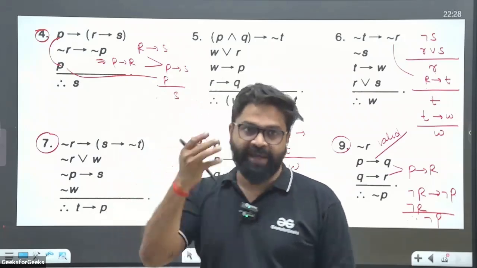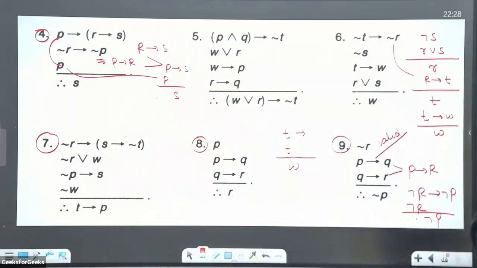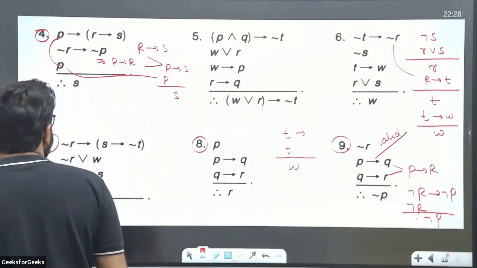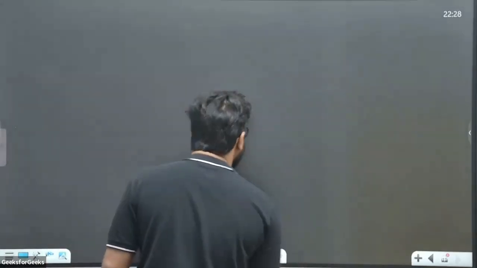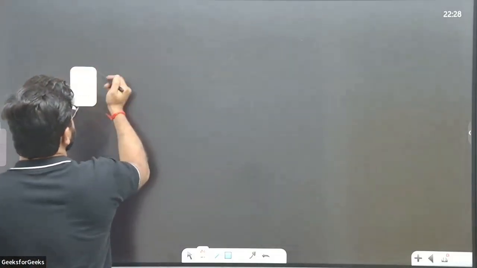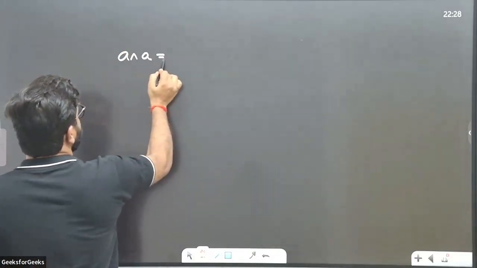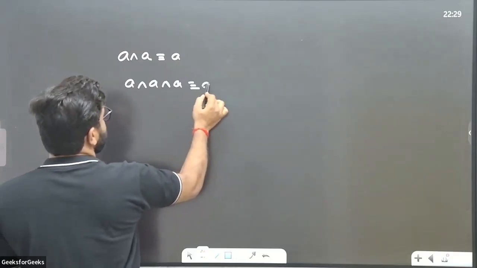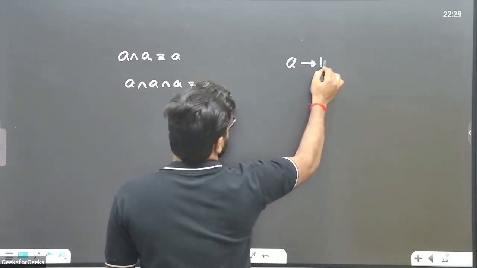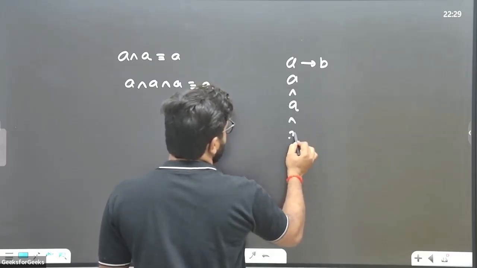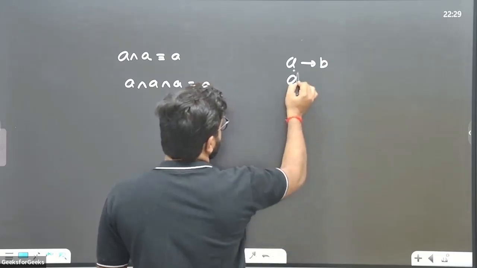Do not think that P will vanish. No, P will not vanish. Sir, we can use it any number of times. The reason behind it is something like this. For example, if I write A and A, what should be your answer? You will get A. A and A and A, what should be your answer? You will get A. For example, if I write A and B, either I can write A and A and A, or I can write A and A,